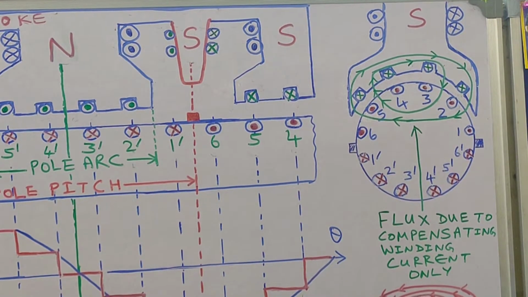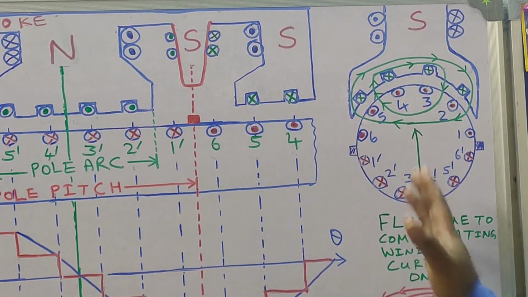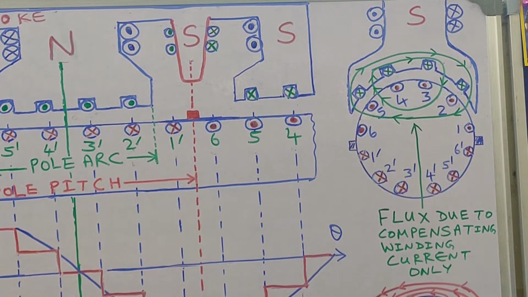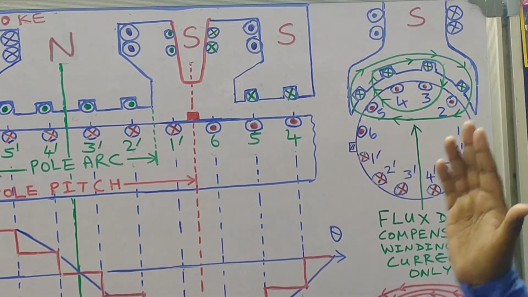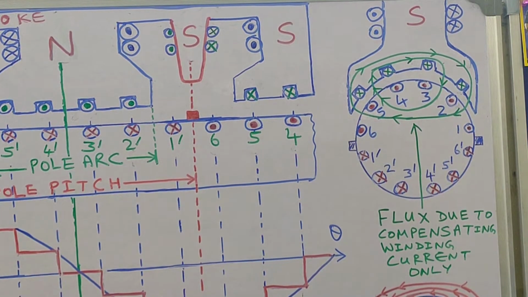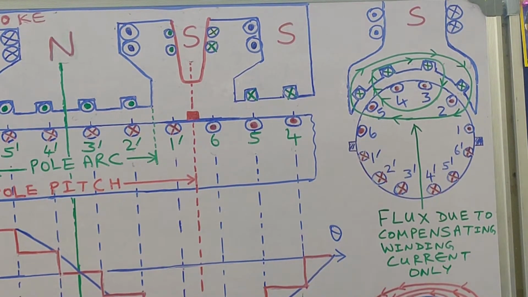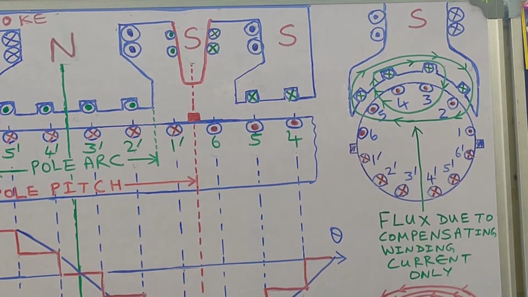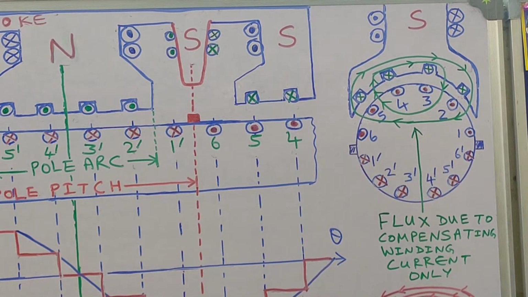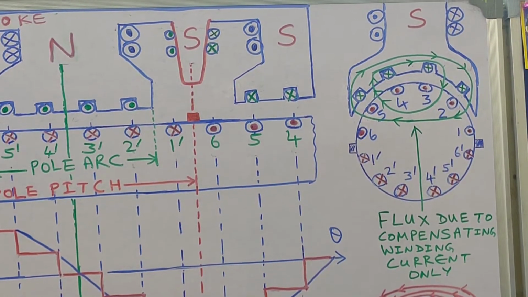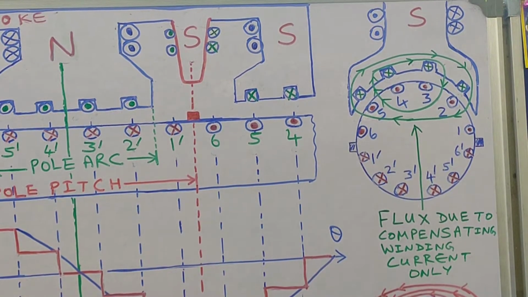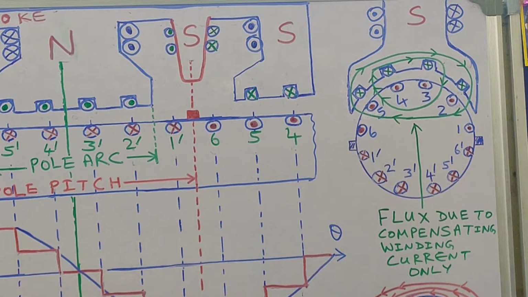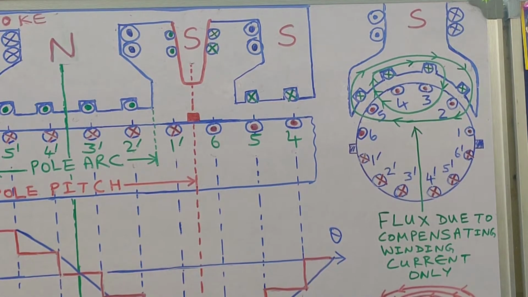Actually, the need for drawing this diagram as well, besides the developed view, is that I wanted to make a point: when you are going to take the developed view of the two-pole DC machine, from which point of the DC machine should you cut it and lay it flat? If you have gone through my earlier video lectures, you might have seen that at some point I am taking the developed view by cutting it along the interpolar axis. Sometimes I am taking the developed view by cutting it along the field axis or the polar axis. So why is it like that?